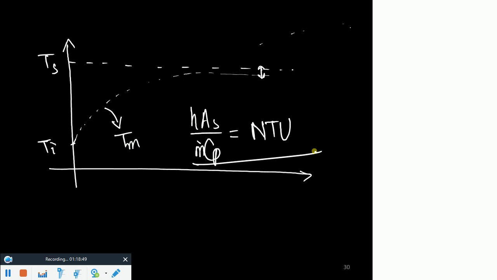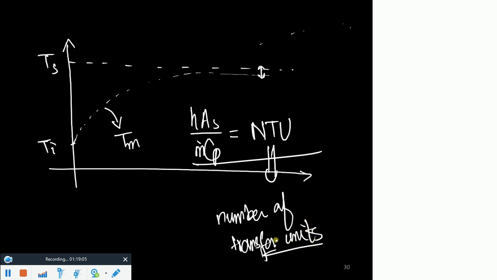This NTU is an abbreviation of number of transfer units. Right? And this number of transfer units, if you find out its value for some combination of m dot Cp, HAs over m dot Cp,